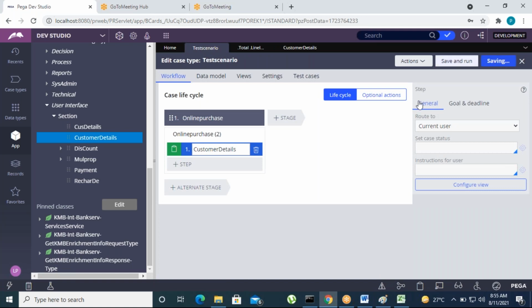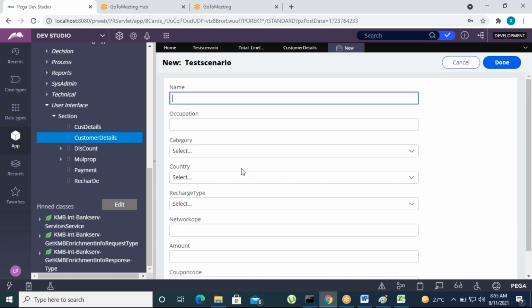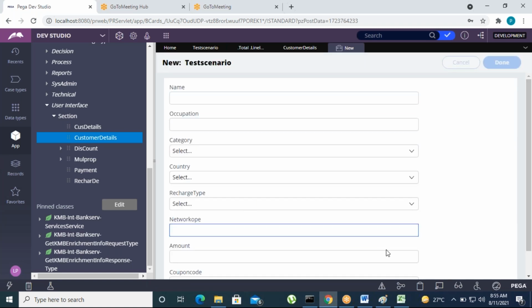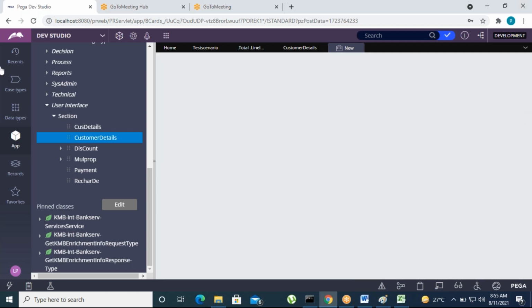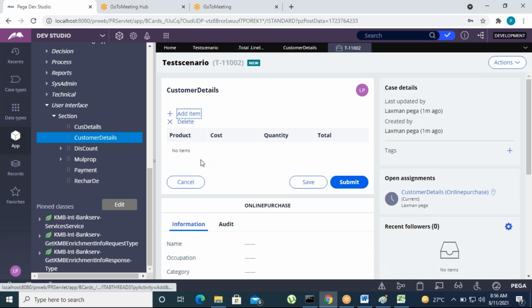Save this case. Save and run this case now. Okay, let's add the item here.